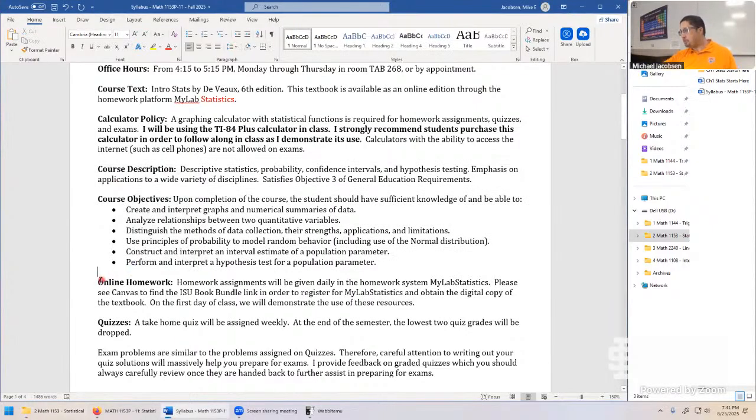Well, I'll come back to this portion right here, since this is going to be some of the major things we want to talk about today, getting started with the online homework platform and accessing the textbook. But the idea is the homework is going to be posted essentially on a chapter by chapter basis or on a section by section basis.